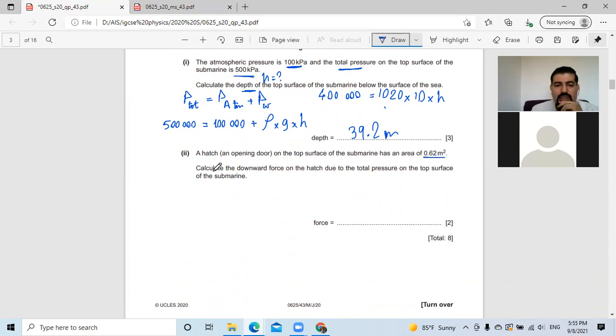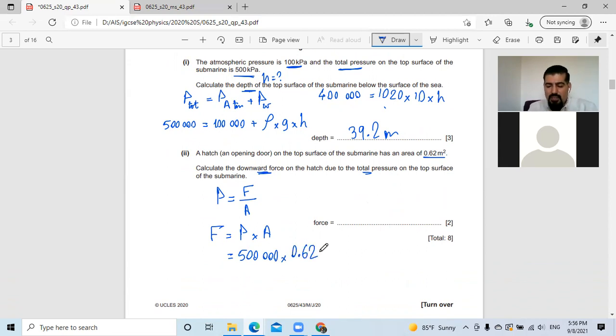This is the area, okay. Calculate the downward force on the hatch, due to the total pressure on the top surface of the submarine. Now we know that pressure equals force over what? Over area. They ask about the force. So the force equals pressure multiplied by the area, and the pressure, which is 500,000, the total pressure, multiplied by the area, 0.62, and we get the whole answer. So 500,000 multiplied by 0.62, which is